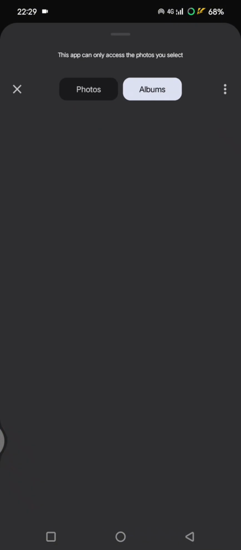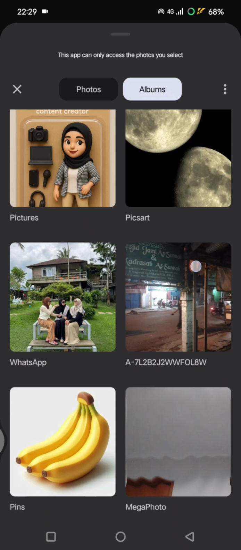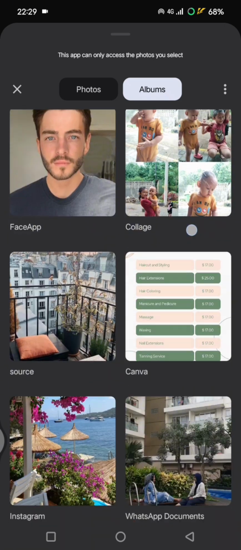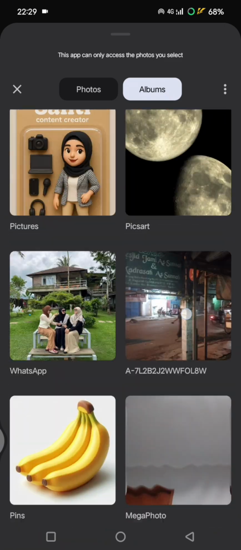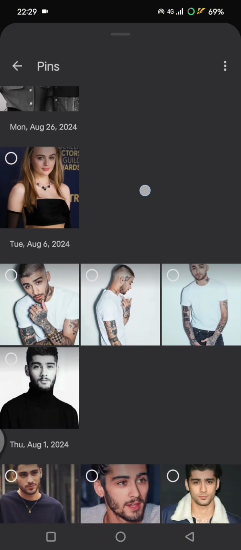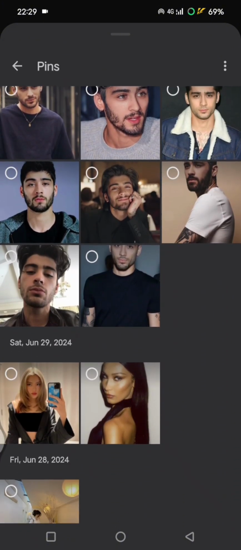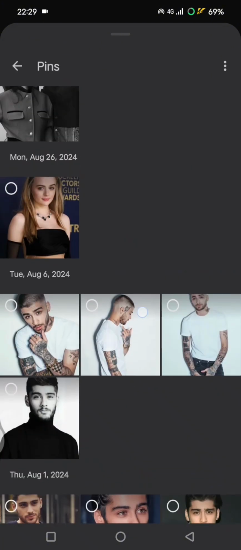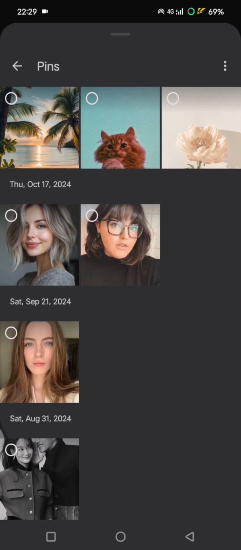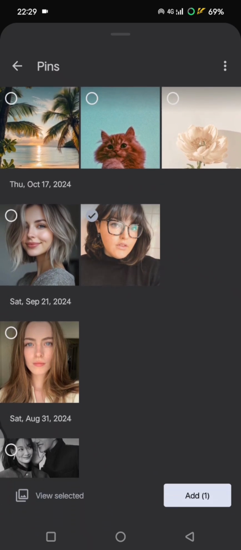Here, I'm going to find a photo, for example. Okay, so this is just an example. Let's say I want to use this photo right here. You can tap on add,